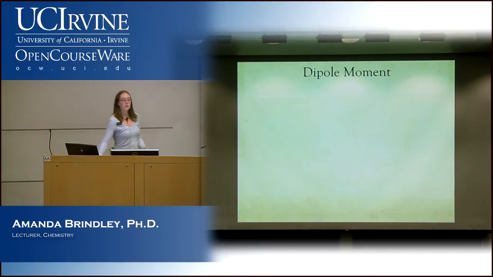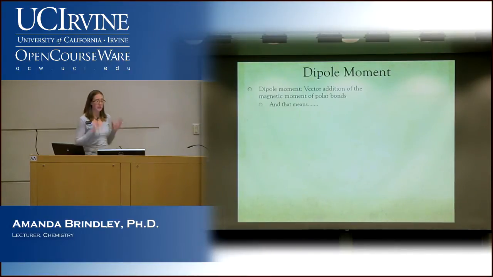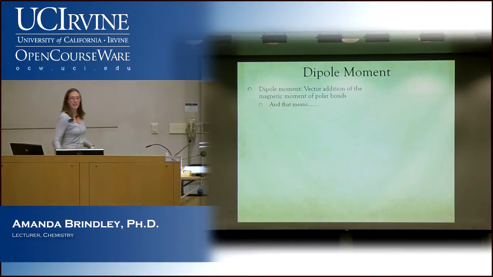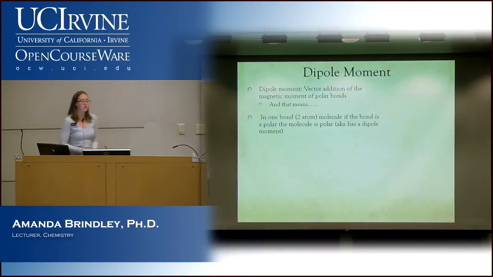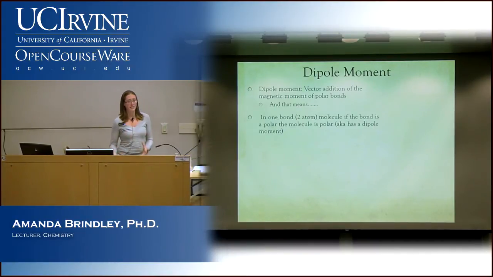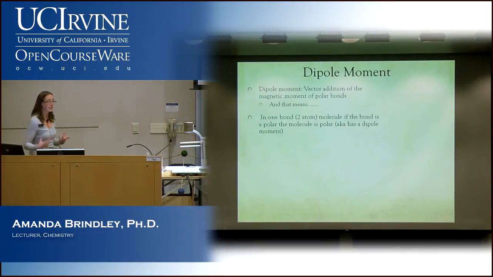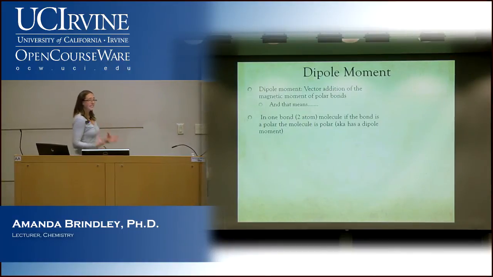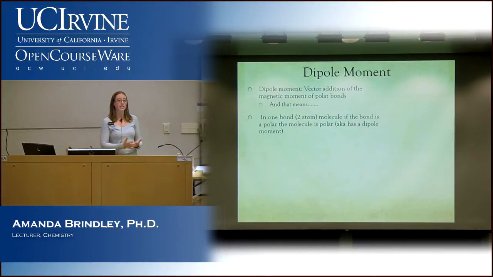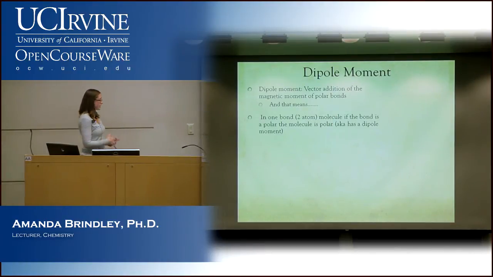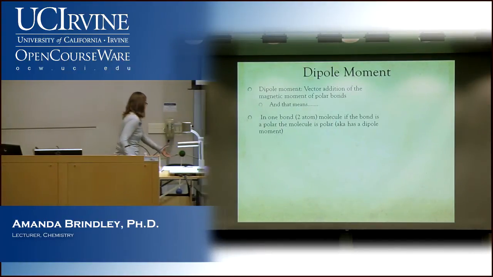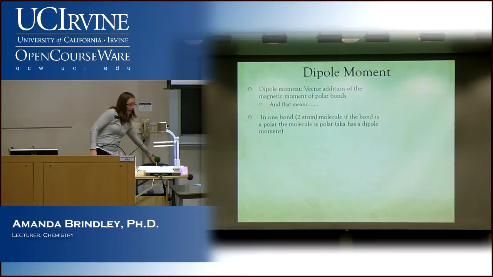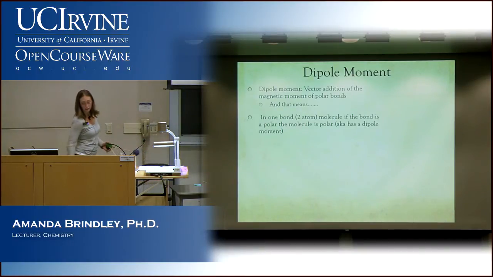Quiet. All right, so with a dipole moment, this has to do with a vector addition of magnetic moments of polar bonds. Now, what does that mean? That's sort of the technical definition for it. So, if you've had a lot of math and a lot of physics, you want to think of this as vector addition because that's what it is. If you haven't, I'm going to give you a sort of more general feel for how it works and what it is. The idea behind this dipole moment has to do with that polarity that I talked about in the video and the difference in electronegativity. So when we go to look at these, I had talked about the difference between a bond on electronegativity.